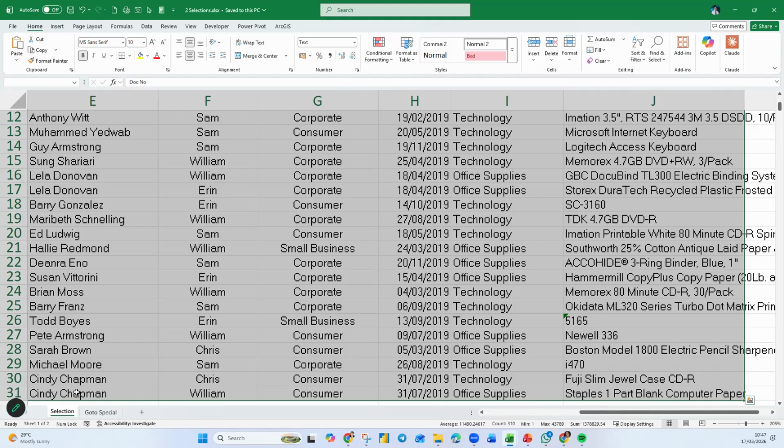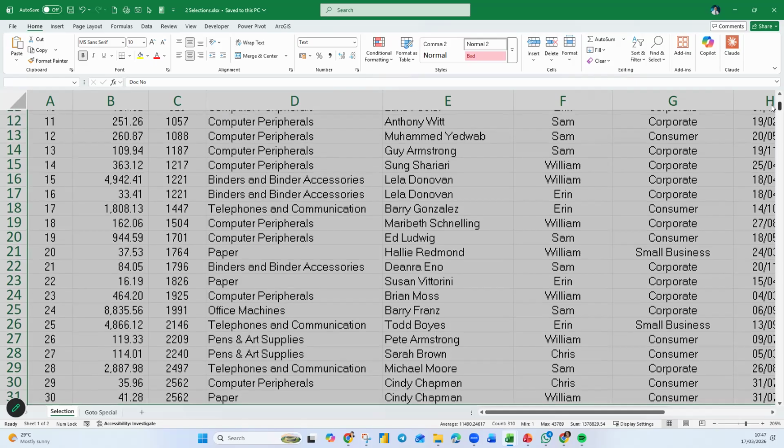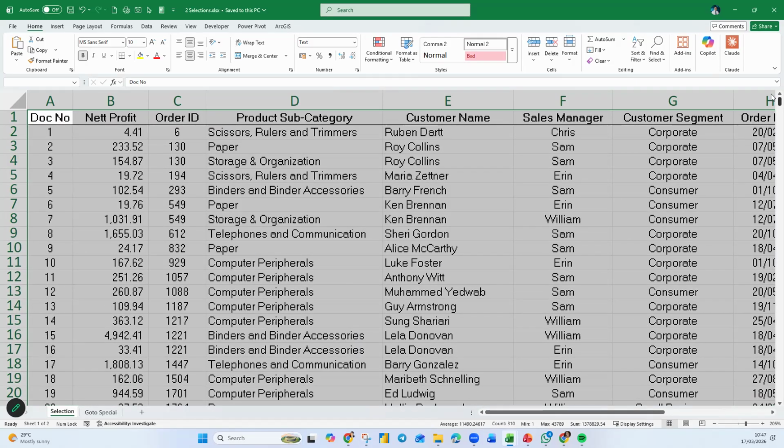I don't have to drag all the way down and up. Just go around selecting it properly. All right, now I have my selection done, but I cannot see where the starting cell is anymore. So usually a lot of people will scroll, and they move all the way up. Now remember, I want to keep my selection.